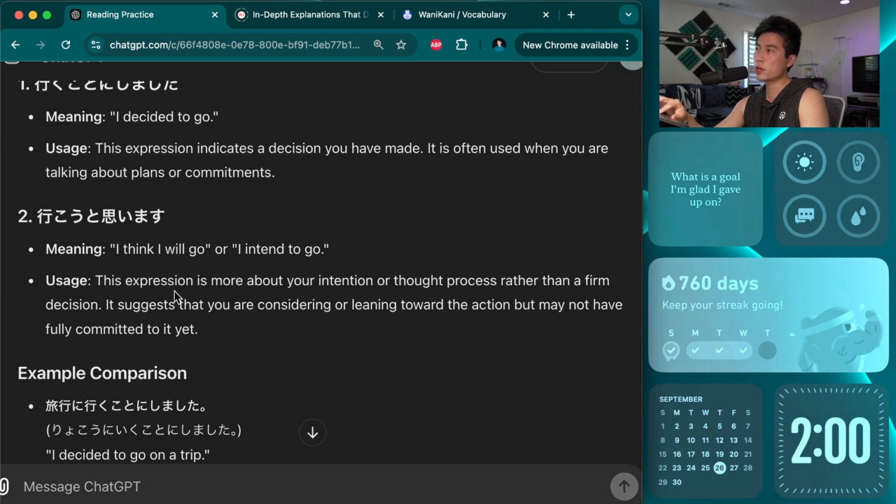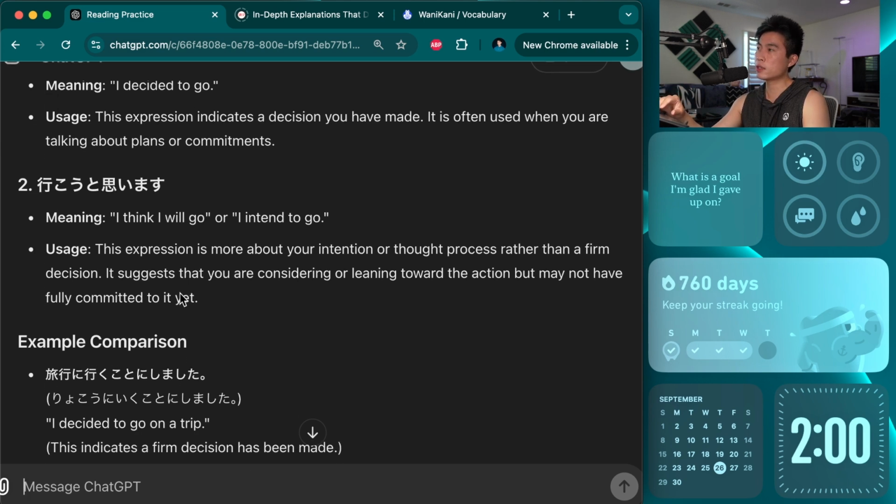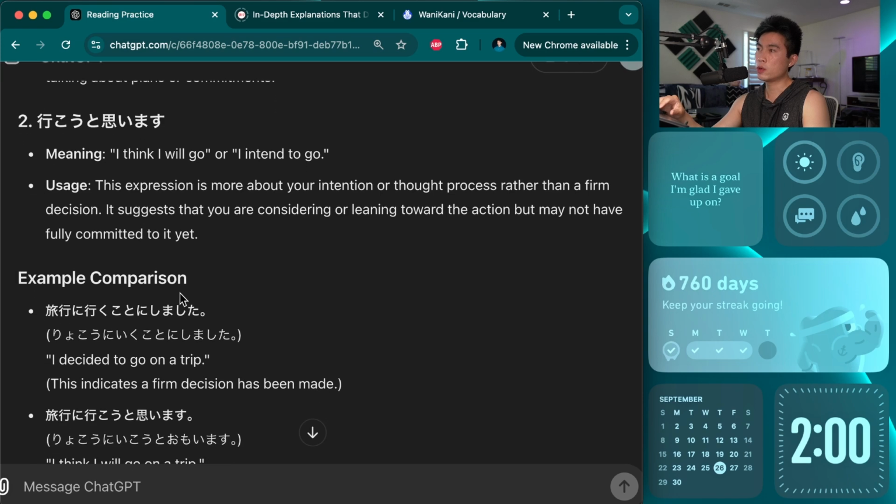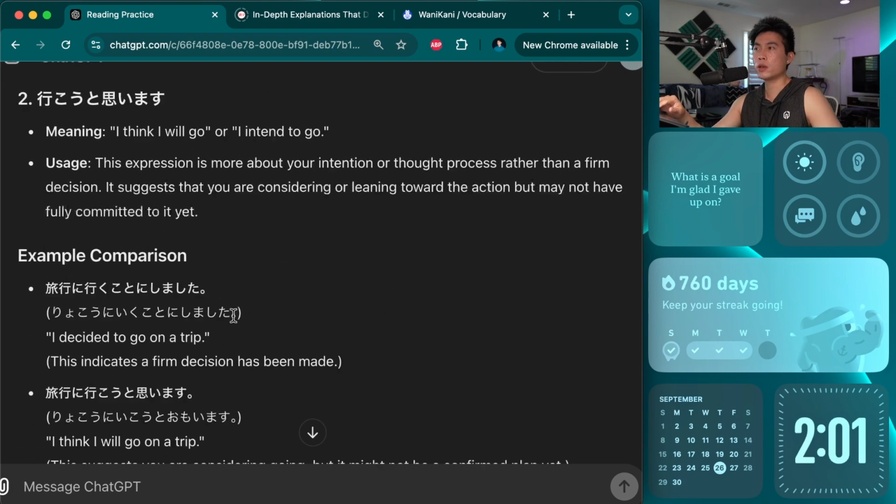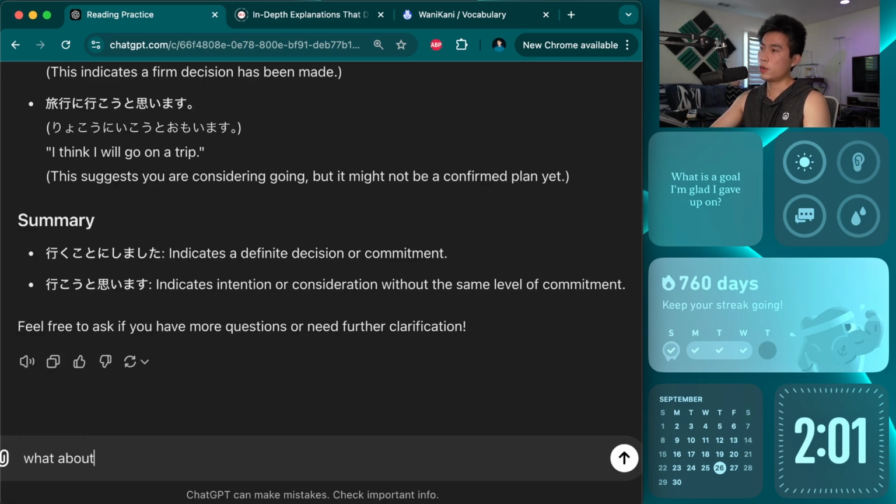This expression is more about your intentions or thought process rather than a firm decision. It suggests that you are considering or leaning towards the action, but may not have fully committed to it yet. I think I will go and will intend to go. What about volitional plus to